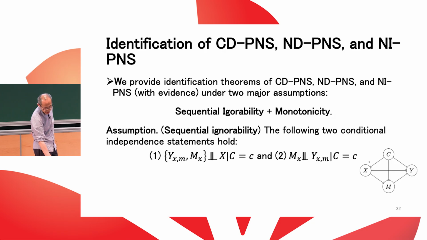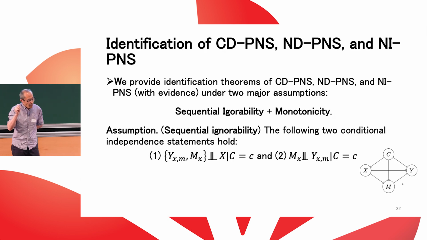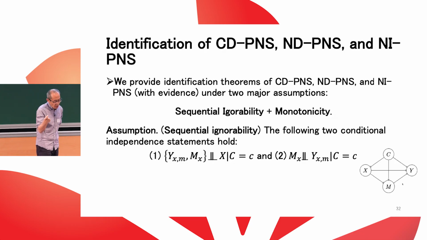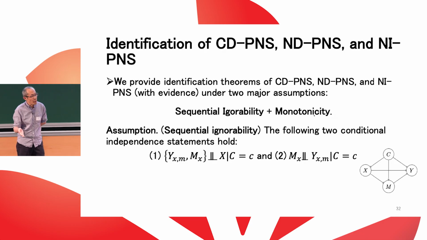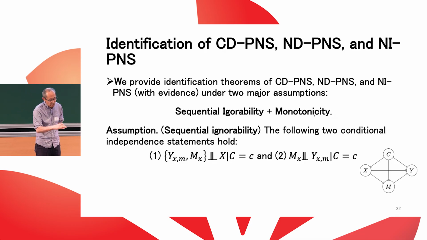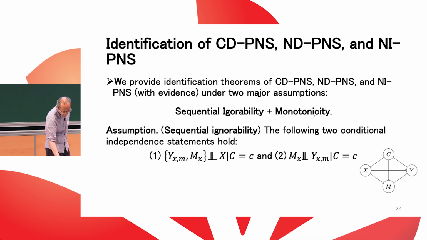Intuitively, it's essentially saying there is no unobserved confounder, say between X and M, between X and Y. There's no unobserved confounder between M and Y. So those are the kind of assumptions researchers have made for causal analysis, for causal mediation analysis. And we also make the standard monotonicity assumption, which researchers make to identify the